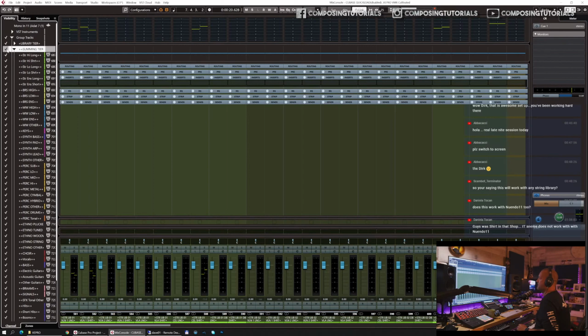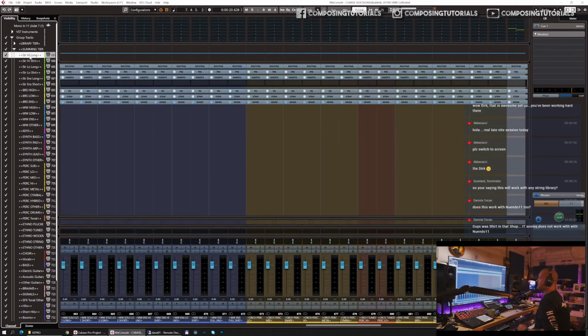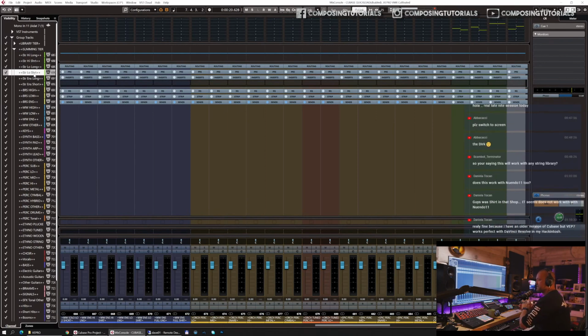Then we have the summing tier. This is the main important one if you send stuff off for mixing. Usually that's enough to do that. You have the strings high long, which is violin 1, 2, and viola. Shorts, low longs, low shorts. But for example, imagine you send files off and